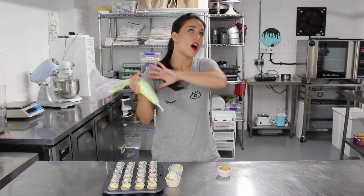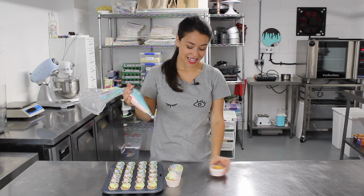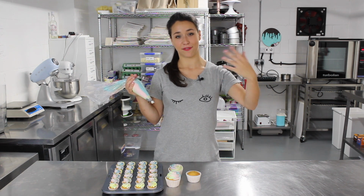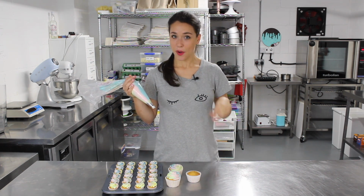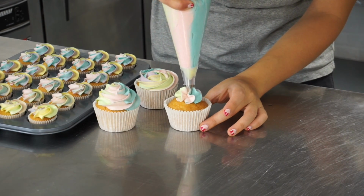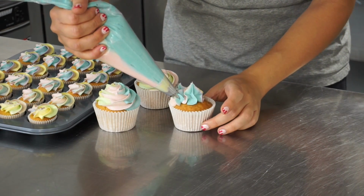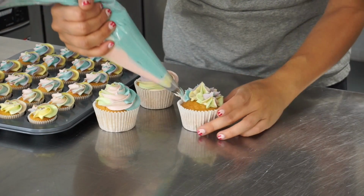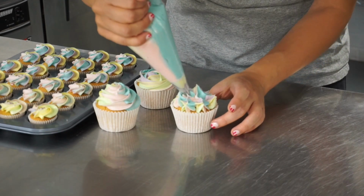You can also do 100 other designs, but another one that I love using this particular nozzle is the hydrangea flower. Now I will be uploading a cupcake floral tutorial at some point, but just to whet your taste buds, here's a little preview. Start in the center with a nice big blob, and then go around the sides just by pressing it and pulling away. So just creating the stars. And then once you've gone all the way around, go on top of that row,